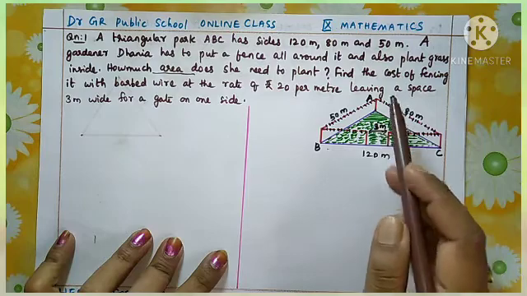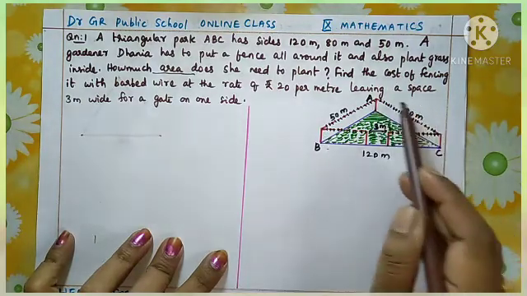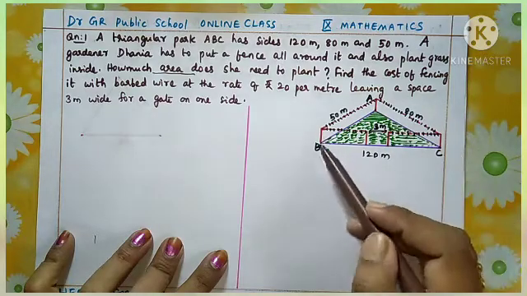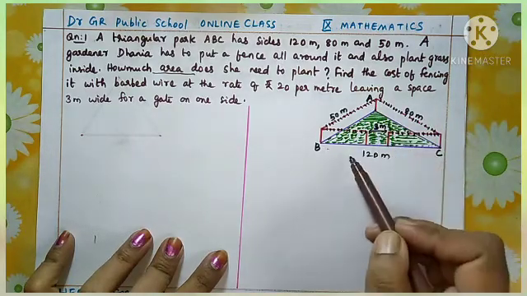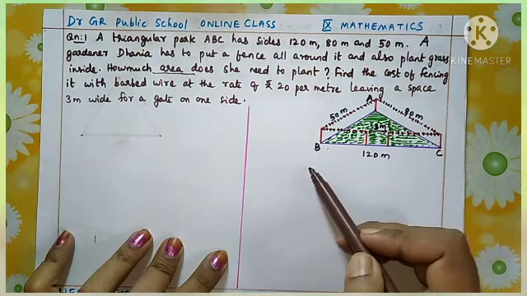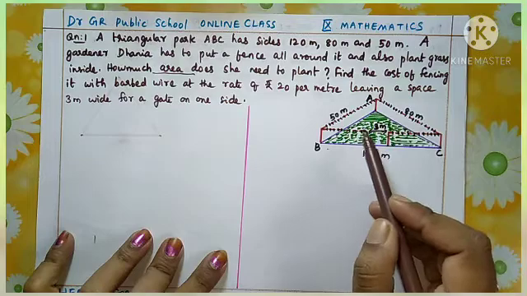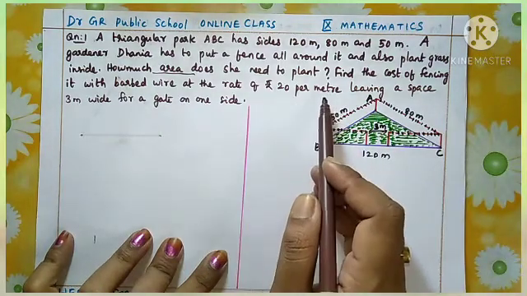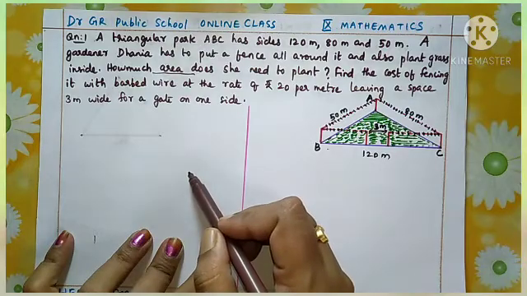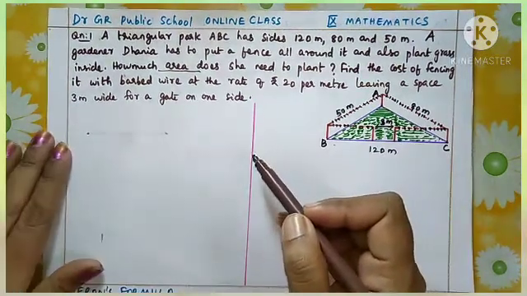And second question we come to the fencing. And you know fencing means we are covering the boundary. Covering the boundary means it is related not to area, it is related to perimeter of the triangle. So we need to find the perimeter of the triangle. Then we will find the total cost, how much it is necessary for constructing a fence. Now come to the solution.